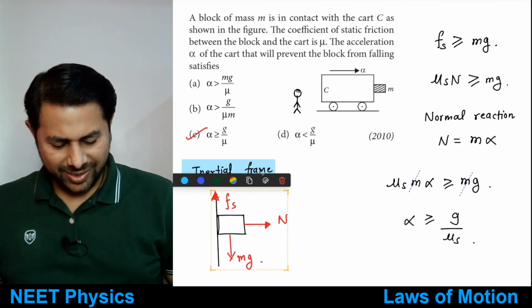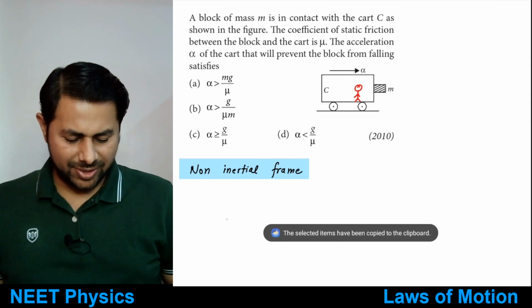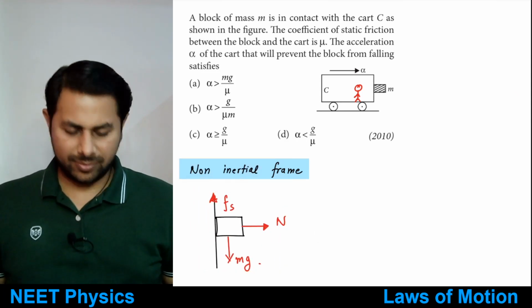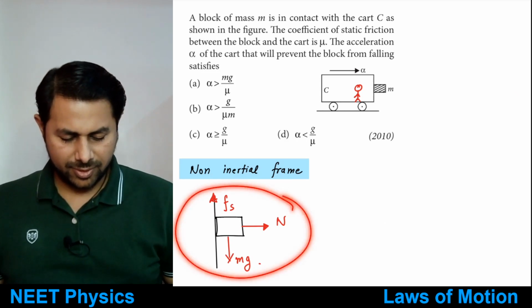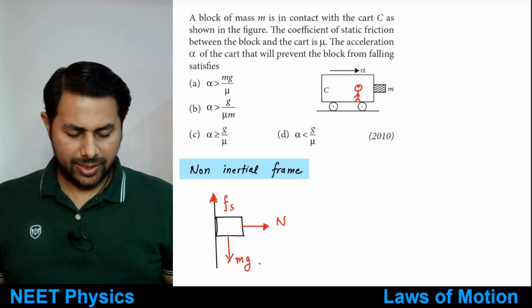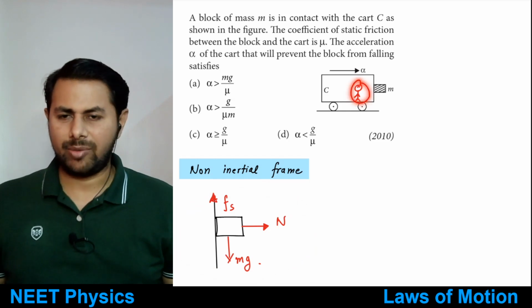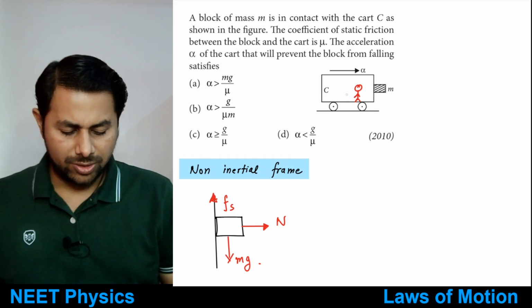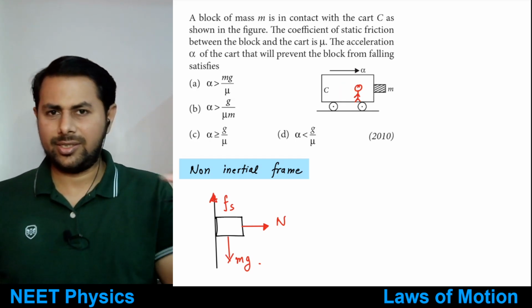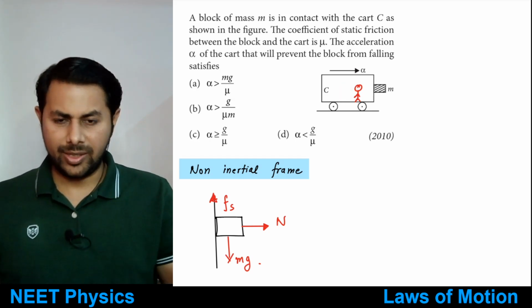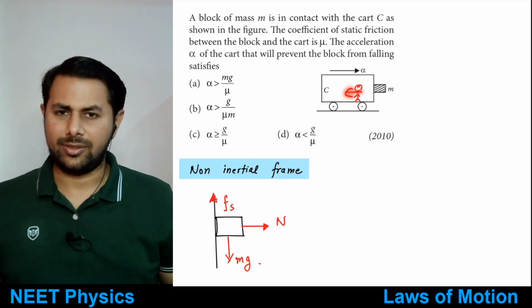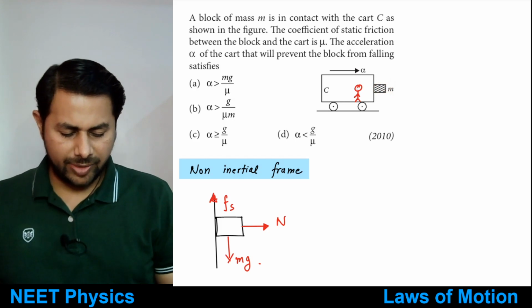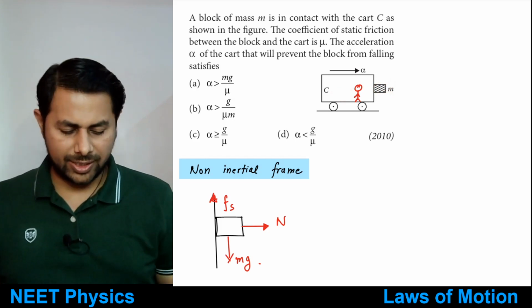So then what he will do is he will also draw a free body diagram. But then he is in a non-inertial frame of reference. So since he is in a non-inertial frame of reference, he feels an acceleration in this direction, so he feels a pseudo force in the opposite direction. So he will say the mass of this block is m, so there must be a force acting on this block in the opposite direction,